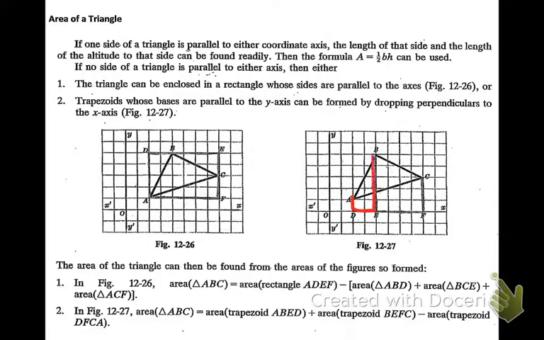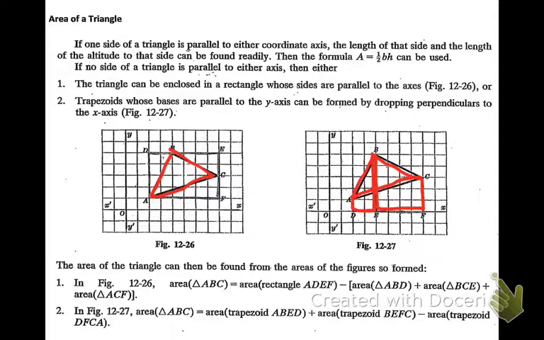We've got this trapezoid and this trapezoid, right? And then we could draw this line, and then we have a third trapezoid that we could subtract. So the area of a triangle can be found from the areas in the figures so formed. In figure 12-26, the area of triangle ABC can be found by subtracting,